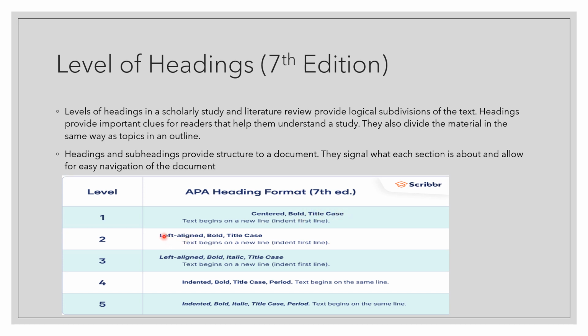The first one is, for example, reading skill. This one is in the second level, level 2, reading skill. In reading skill, we still discuss, for example,